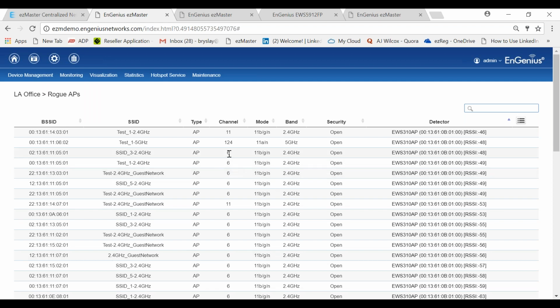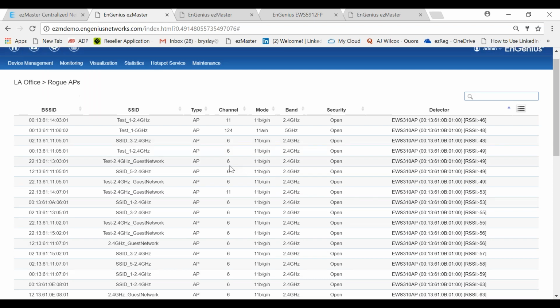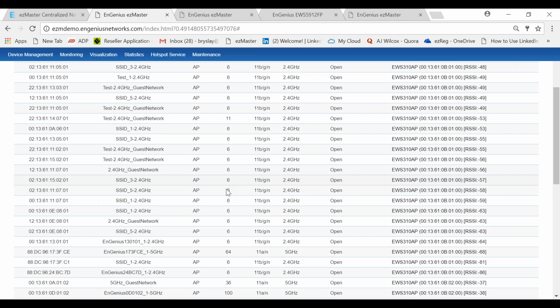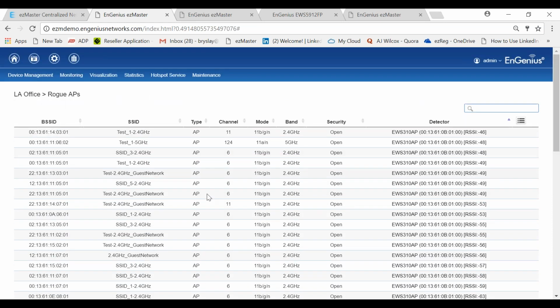This is mocked up. We don't have that many access points on channel 6, so just so you know. But I could definitely identify that on 2.4 gigahertz, we're using a lot of channel 6. We need to stagger the channels a little bit better. Again, I have an idea where the locations are, so I have a really good idea on how to troubleshoot co-channel interference.